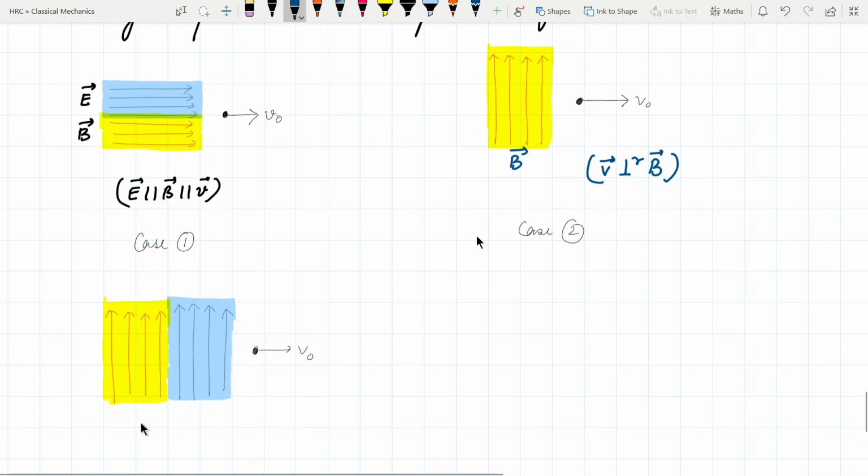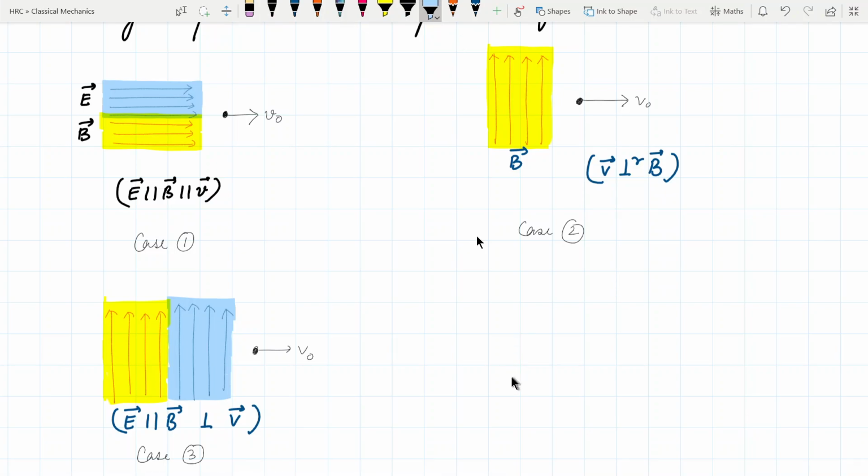So you have E parallel to B, perpendicular to V. Okay, case 3. And lastly, you have the